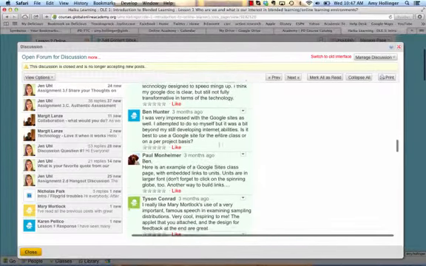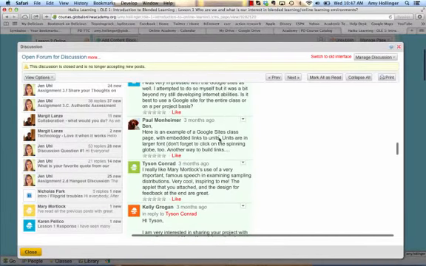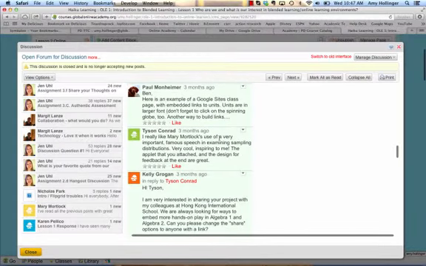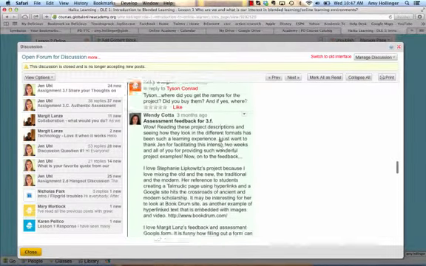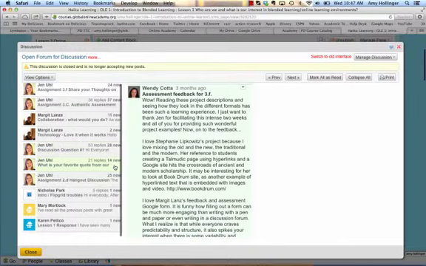And what I like about this thread in particular is that you don't see Jen's voice in it a lot, which is nice. That means she has done an excellent job, because it's the end of the course, of getting her participants to engage and go back and forth with one another. And so you really don't see her voice. If we scroll down, let me see if there is